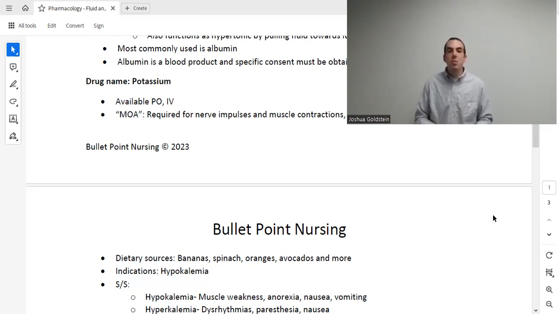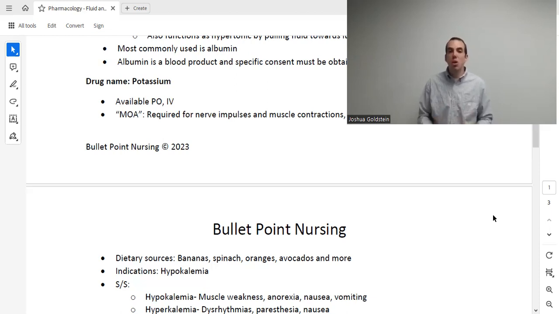What are the signs and symptoms of hypokalemia? Well, for hypokalemia, we know that muscles, we just said, need potassium for muscle contraction. So if I don't have enough, I'm going to have muscle weakness. You would also have anorexia, nausea, vomiting, and some other GI symptoms. On the flip side,